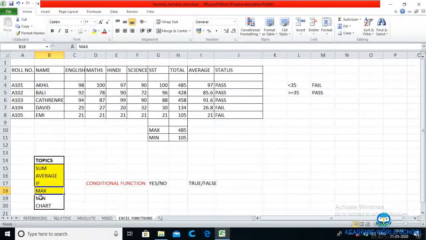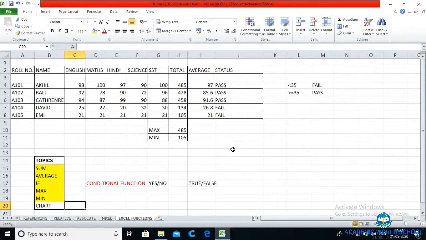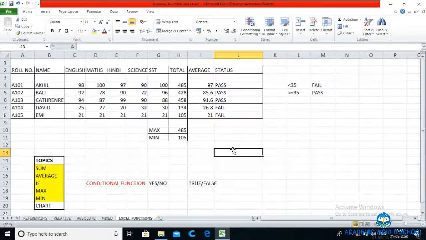Now we are going to discuss chart. What is a chart? Especially students, nowadays everybody will ask for a graphical or pictorial representation of the data. Because if somebody asks your class teacher or any such head, just tell me in this class, in this section, who has scored the highest mark, and over here I have taken only 5 subjects. But basically in the class, there are more than 30.